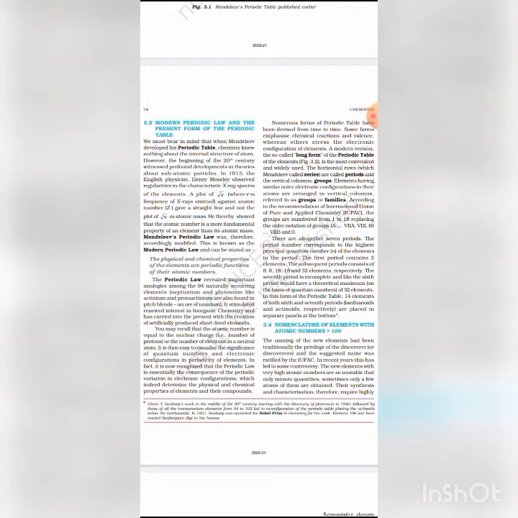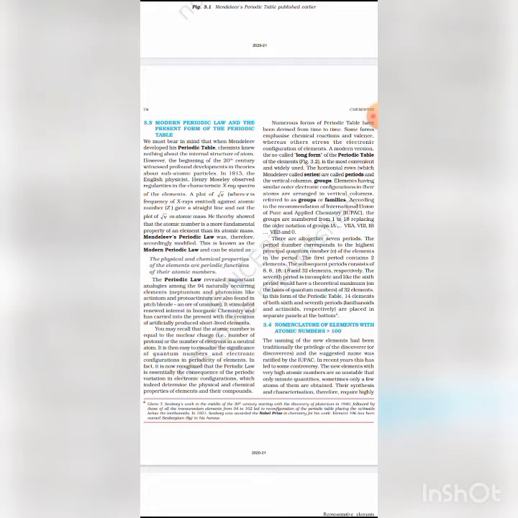Okay, and the elements in the periodic table are arranged in accordance with their electronic configuration, and it therefore reflects the similarities, differences and trends in the physical and chemical properties more symmetrically. In this table, metals and non-metals are automatically separated. The left side of the periodic table contains the metals, while the non-metals are placed on the right side of the periodic table. Okay, and the transition metals occupy the middle portion of the periodic table.